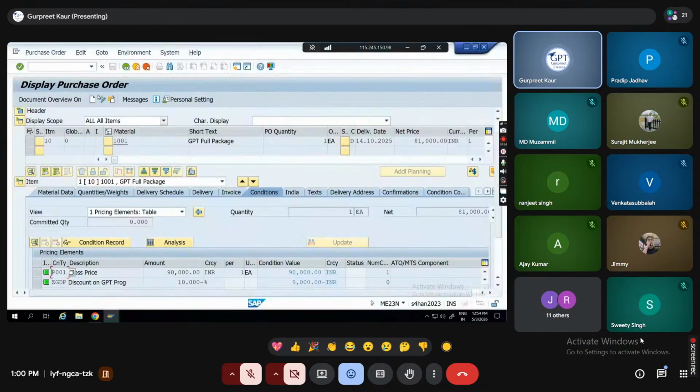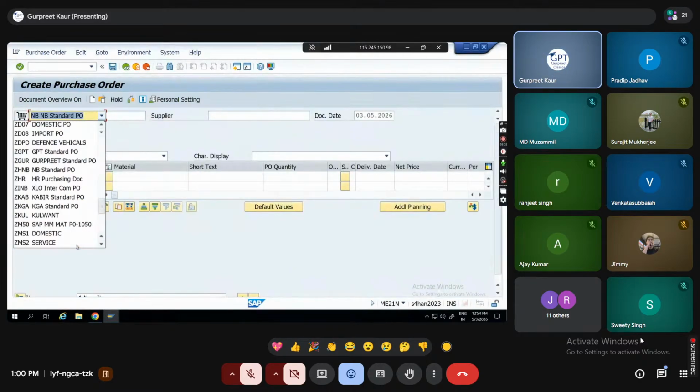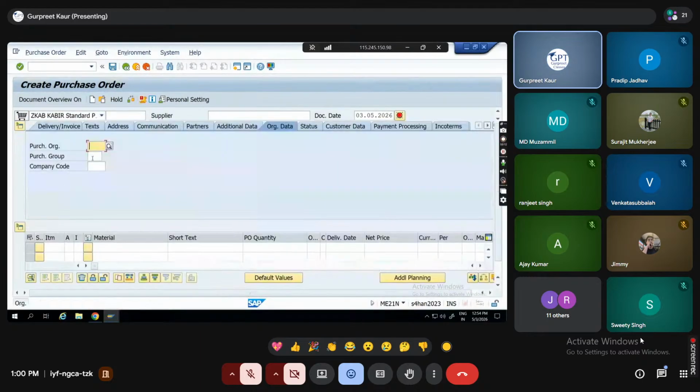Now, I'll be showing you one example of a dedicated document type. For example, if I'm creating a dedicated document type like ZKVA, and I'm creating a PO, that is, a supplier I have passed. These are the purchase organization details.